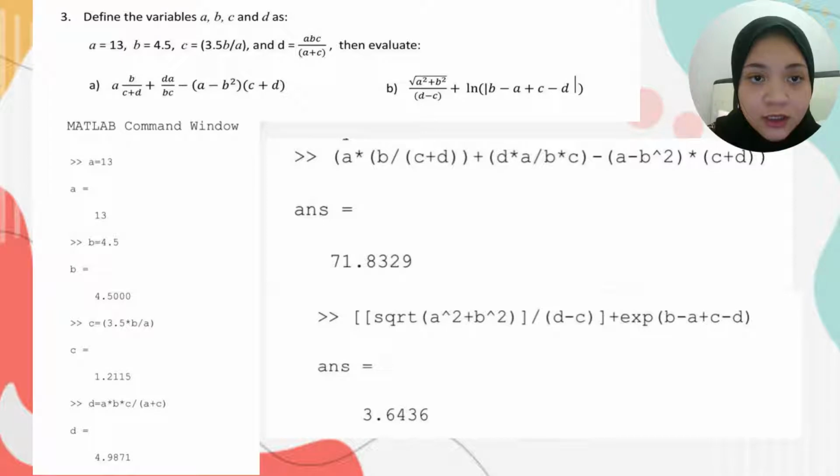After typing all the variables, we press enter, and then we can start to type this equation in the command window. After typing all the equation in the command window, just press enter and the answer will appear. Next, for question B, as usual,